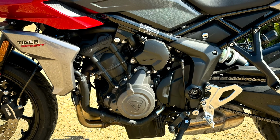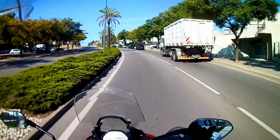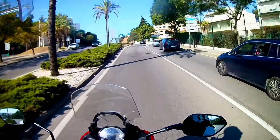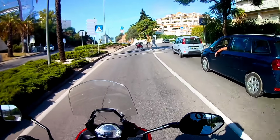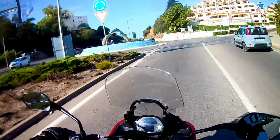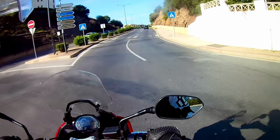So what about the engine? Well, the Tiger is at a 10 horsepower and 10 Newton meter disadvantage, and you can certainly tell. Objectively, on paper, there's not much in it, but as with the physical size, the TRANSALP feels the bigger bike. The Tiger isn't slow by any means, but it lacks the grunt of the Honda's larger capacity engine, and at